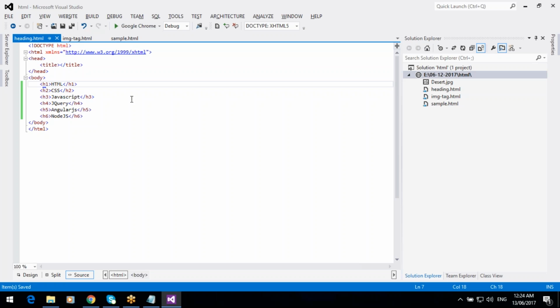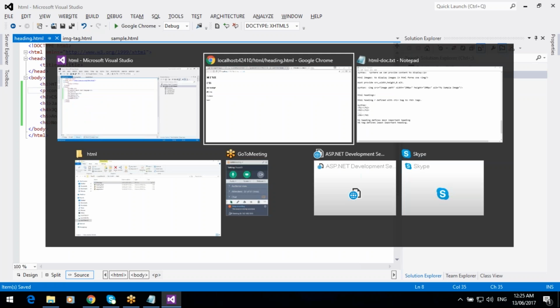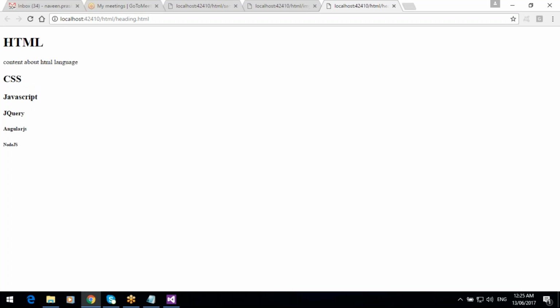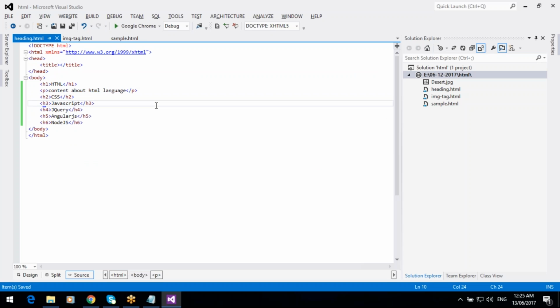Okay, HTML language. Okay, heading content, so like this we can provide. So these are the headings in HTML. And the next one is